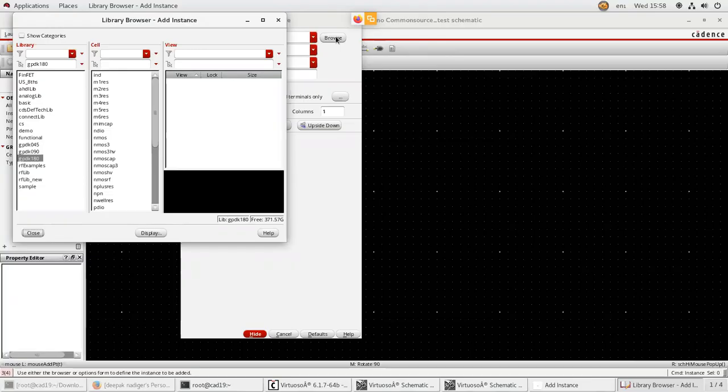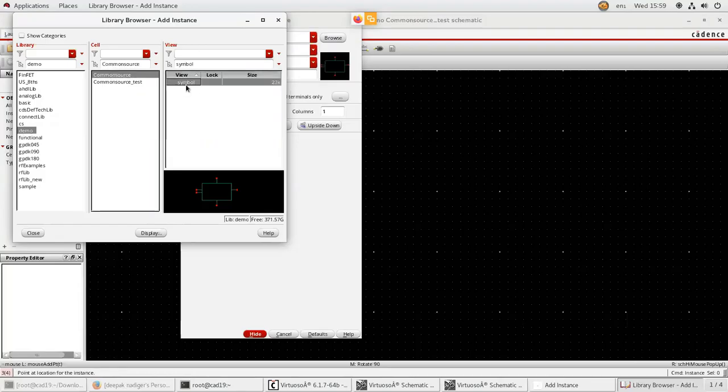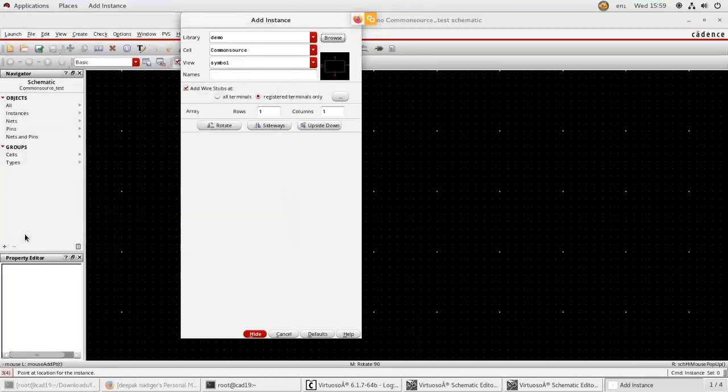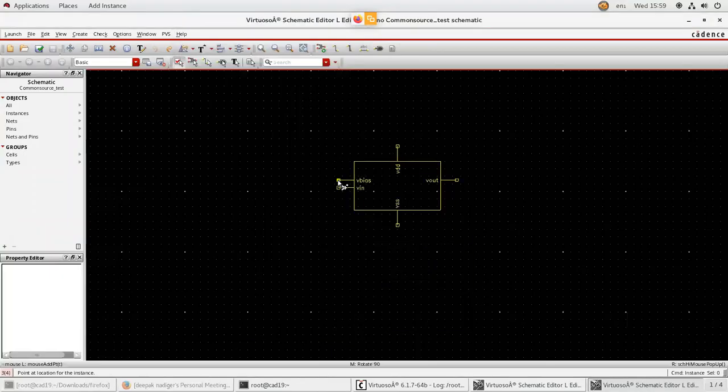What is your library name? Your library name is demo, and you need the symbol of common source. Click on common source, you have a symbol. Don't click on common source underscore test, because you need the symbol of common source. Only click on common source. After that, close it. Next, press hide and place here.